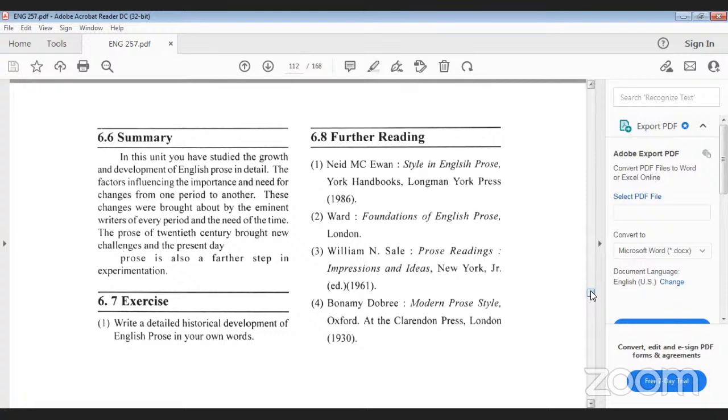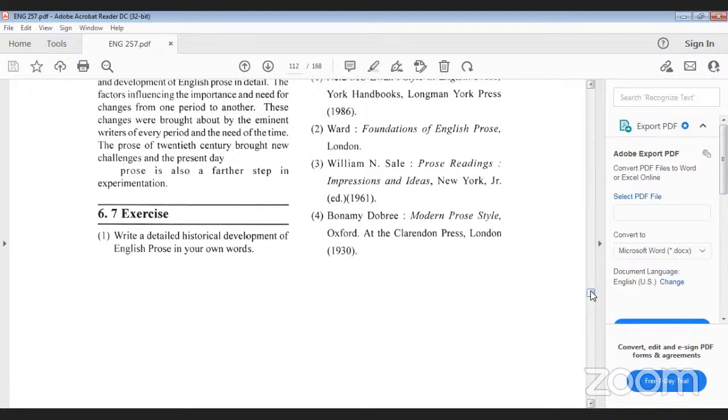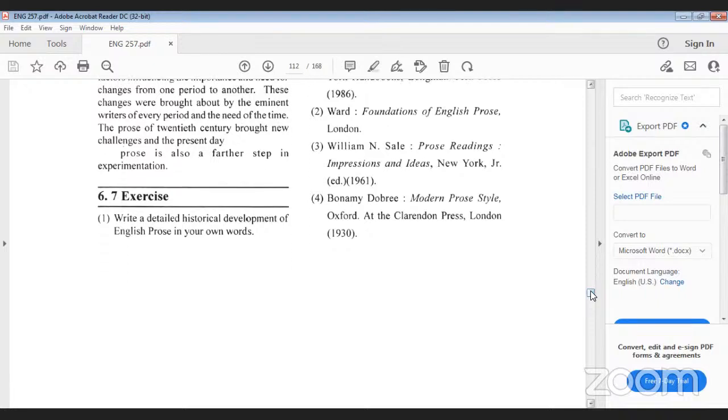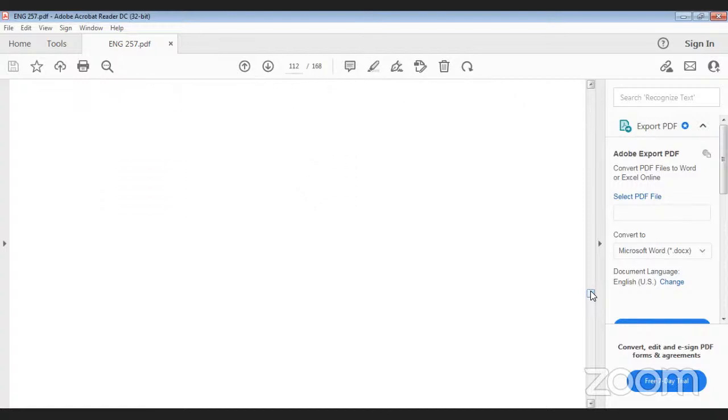So please note that it's a very important part to understand. This can be asked as a detailed historical development, the history of English prose, in your own words. Okay, so it's an important question. Further,